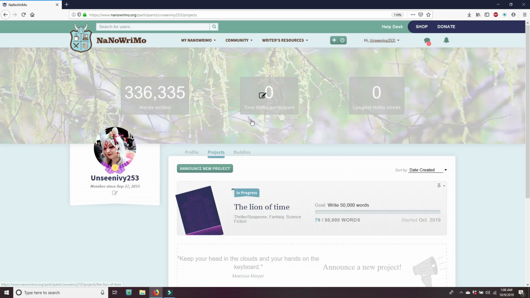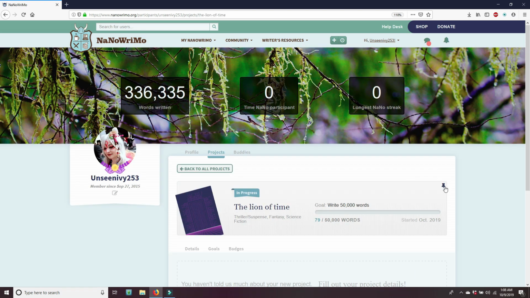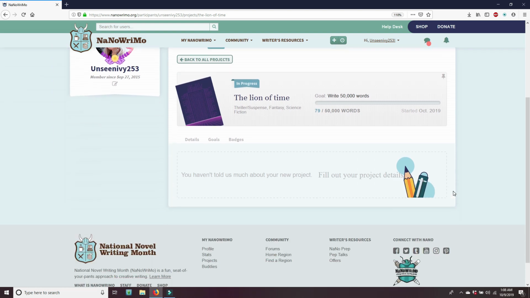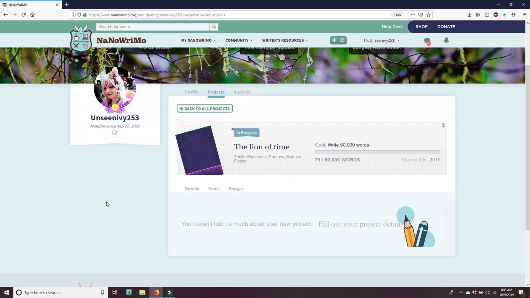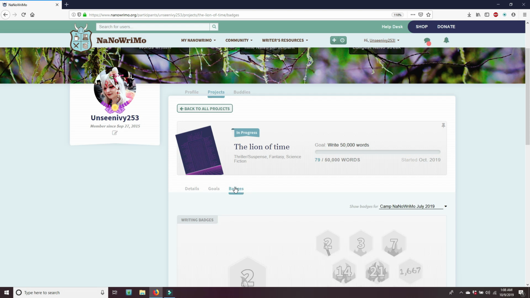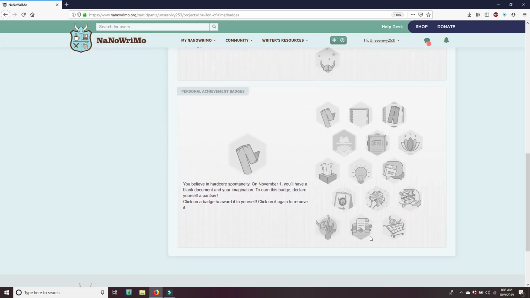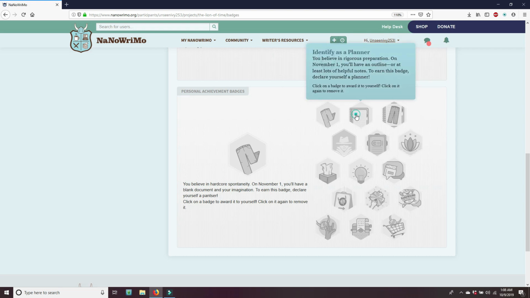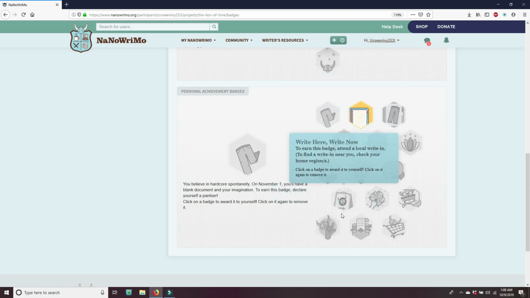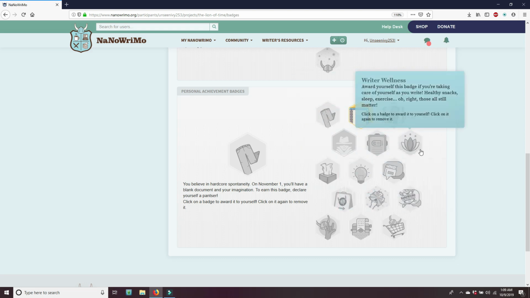And then when you click on the book's name, or actually you don't click on the book's name, you click on this little, whoop. Oh, here, I'm confused. So you click on the book's name and then you have details, goals, and badges. So you can also do personal badges per project, which is really cool. Remember a second ago, I was complaining that with certain books, I do certain things. So if I was fully being a planner on this book, I can select that. And if I happen to attend a write-in, which, you know, it's me, but if I happen to attend one, I could reward myself a badge and do all these other ones as I go,